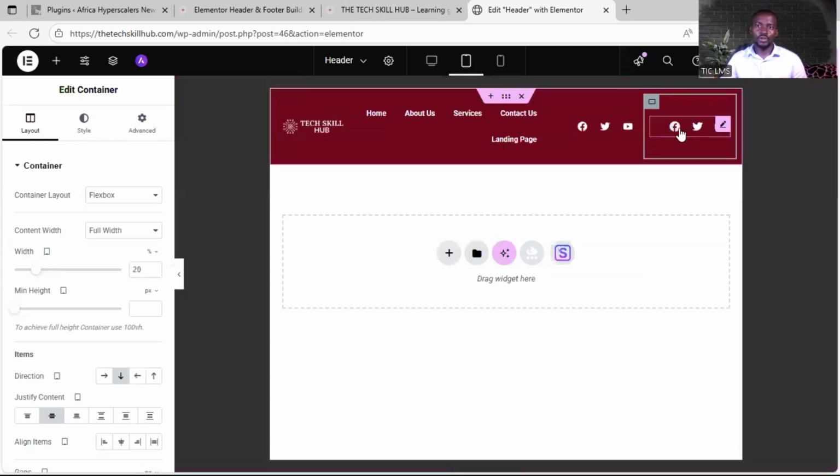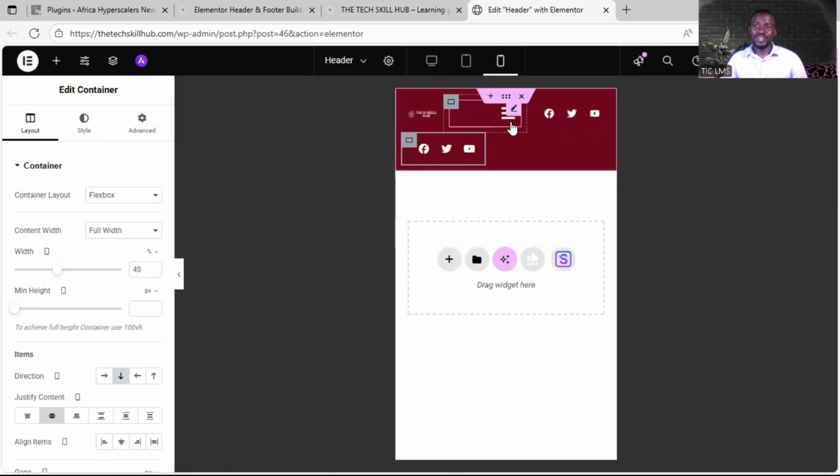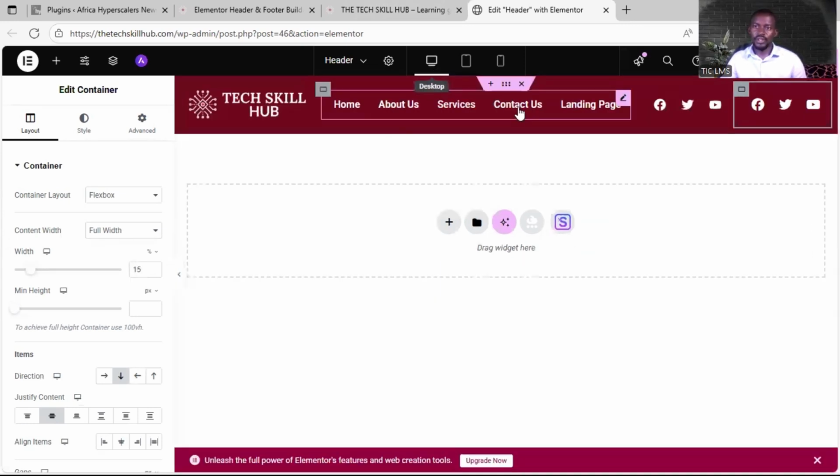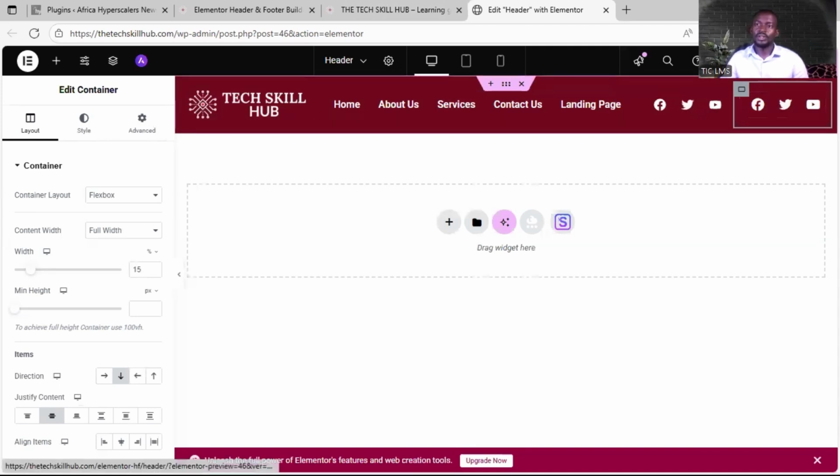Now because of this that we just duplicated, this has moved down a little bit, but this is what it should look like on tablet. Then on mobile, this is what it looks like. So what we're going to do is, first, let's create it to look perfect on desktop first. So we're going to take this out,